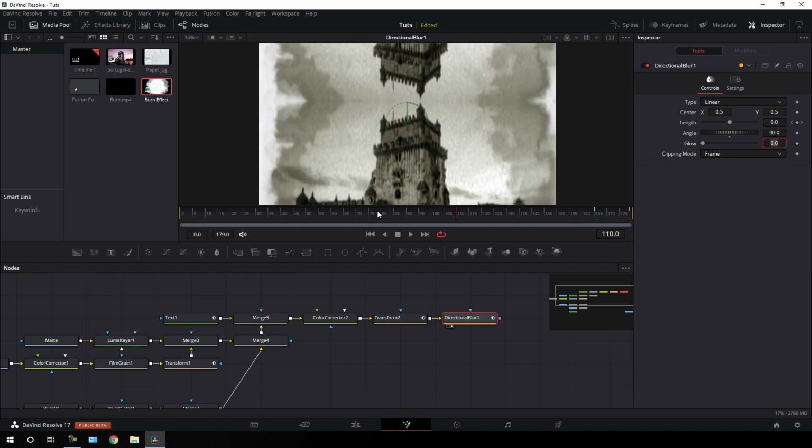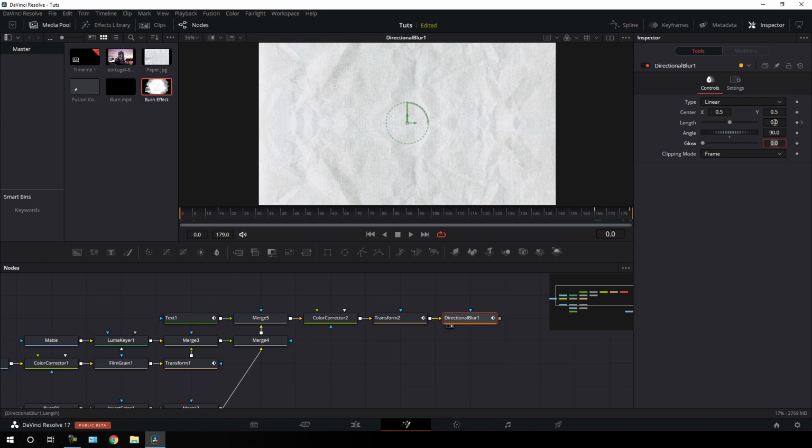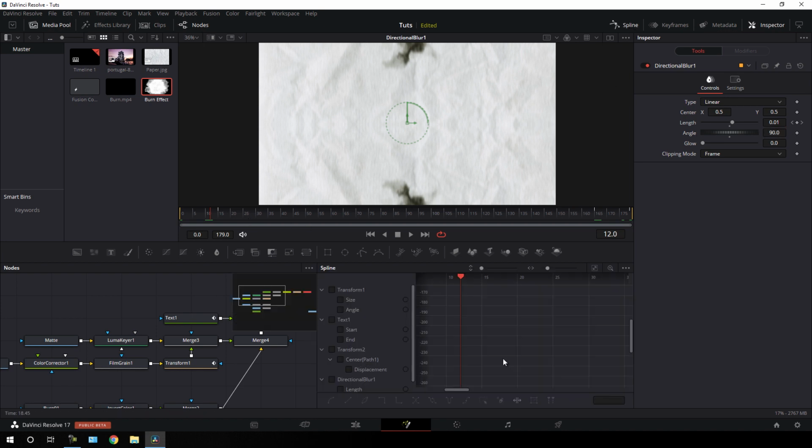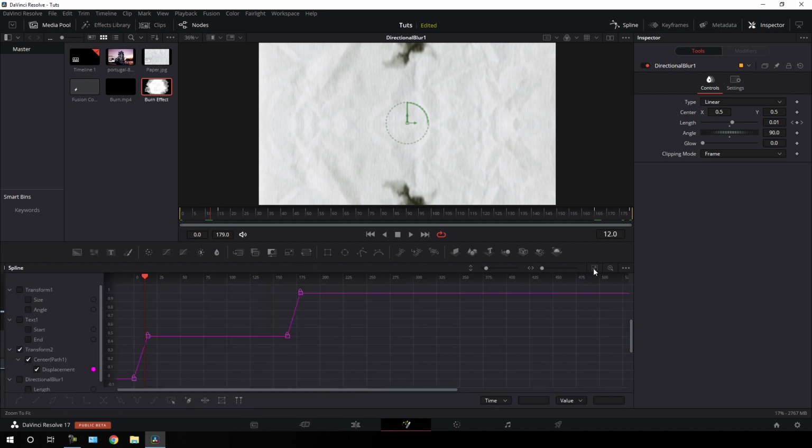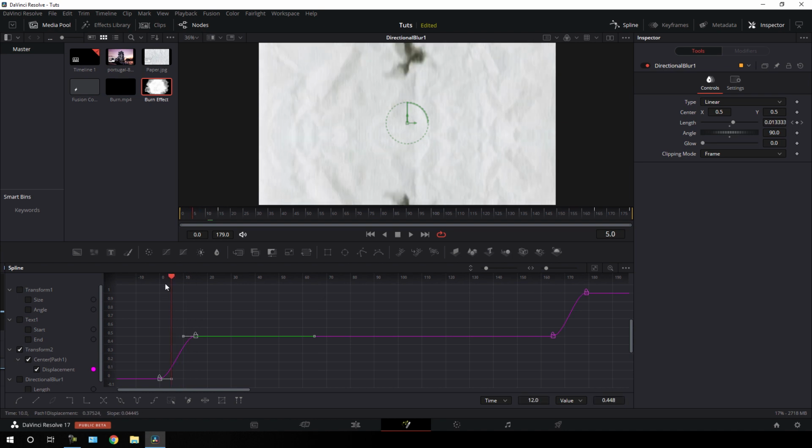All right, and just go to the very first frame of this animation and again we have to set this length value 0.05. All right, and we have to create a smooth animation. So just go to a spline window and check this transform to, click on fit, hit F4 on the keyboard to full screen, click on fit again, select these both keyframes, click on smooth button or you can also hit S on the keyboard, select these two keyframes, click on a smooth button,